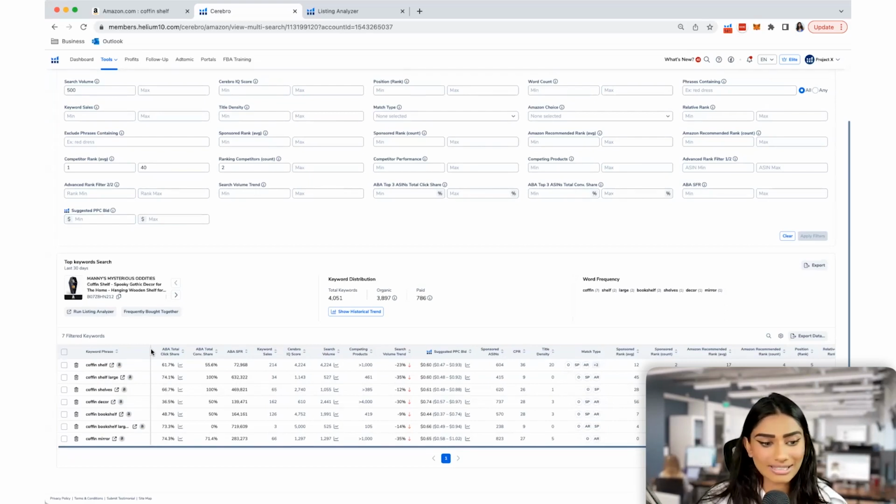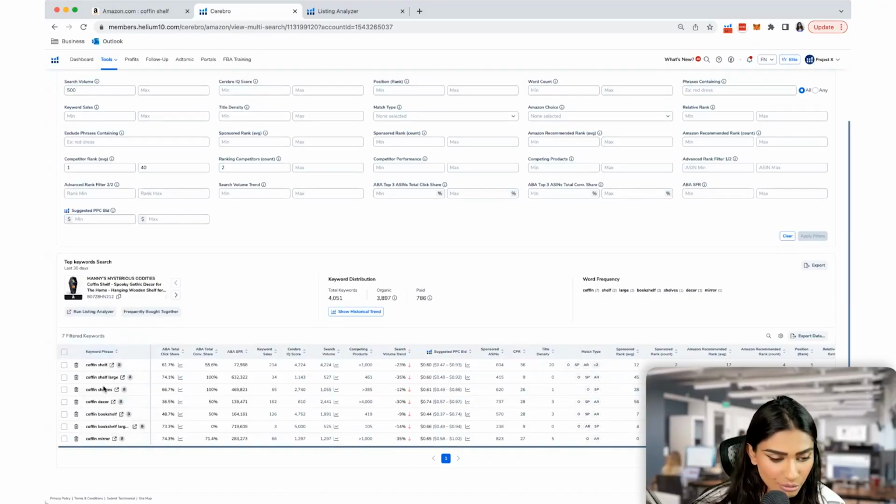At least 2 of 4 ASINs are showing up for, with a minimum search volume of 500. So if I wanted, I could go through and expand this to maybe I want to see 1 out of 50, or maybe I just want to see 1 of those 4 ASINs. But that would go back to the 4,000, right? With only the minimum of search volume for 500. So just keep that in mind and play around with those top keyword filters as you put them in, as you would like to find those keywords.